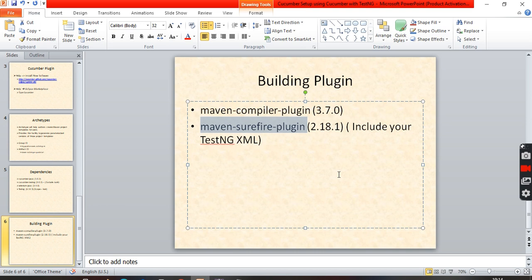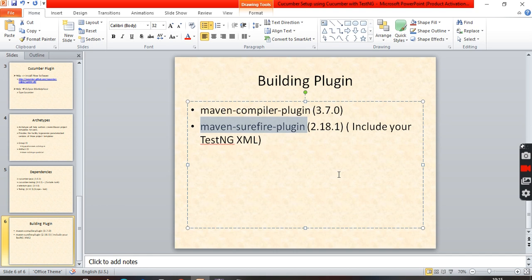Then only we can deploy it on the server, and it will be extracted and expose the functionality, right? Your source code, we are not going to give the Java file directly to the client, right? What we will do, we will create the code and it will be compiled and built, and finally we are going to give the jar file to the client. That jar file will be deployed into the server. The server will extract the jar file and the application will be exposed to the client.